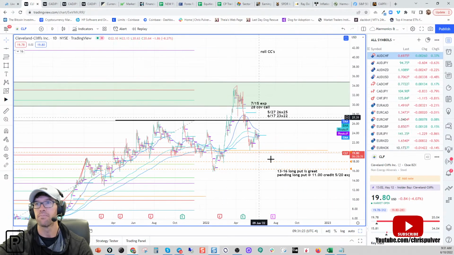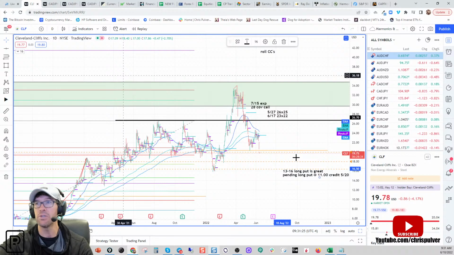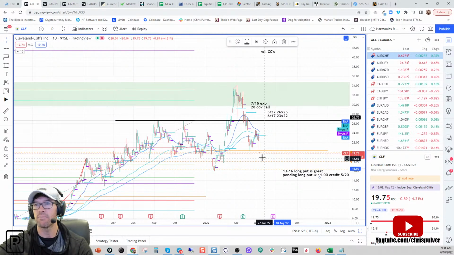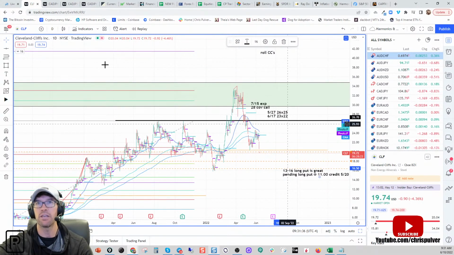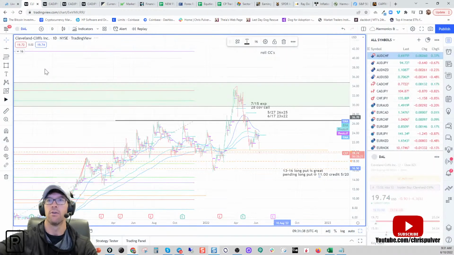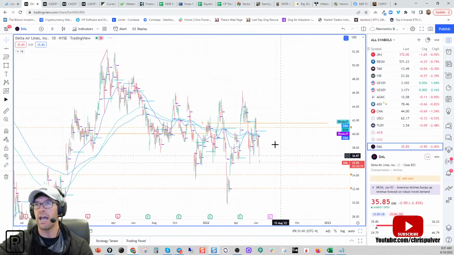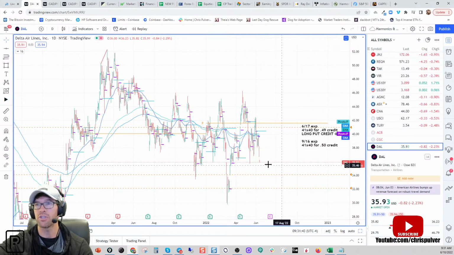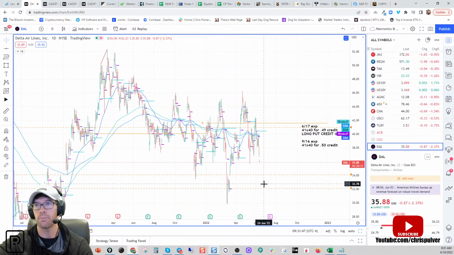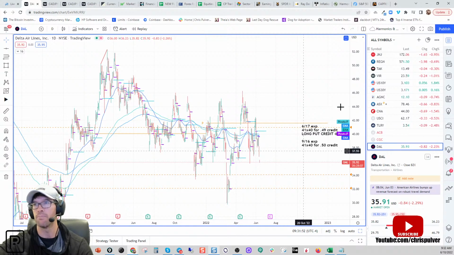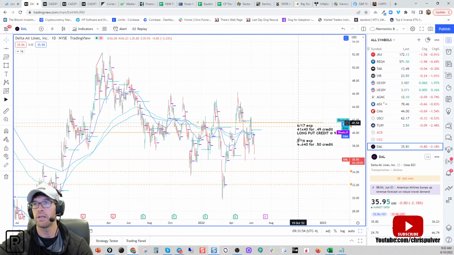We'll find out. But if I own a steel stock in this, I mean, if I can drill the cost down here to $18 or $17, I'm totally fine owning shares there and hanging on to them. Same thing on Delta Airlines. Delta Airlines, I have a 41 by 40 credit spread. It's trading at $36. If this flushes any lower, again, looking at some long put, looking at some ownership here, let this thing come down to these alert levels and let's grab a $7, $8, $9 put. So I put in here